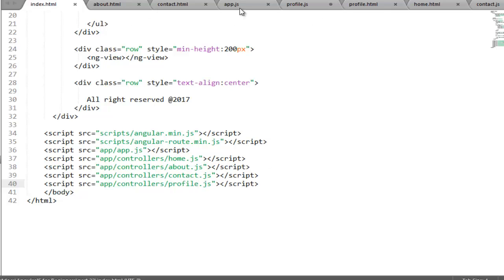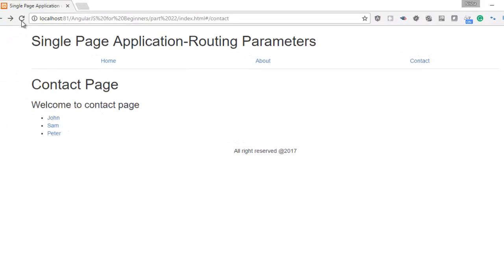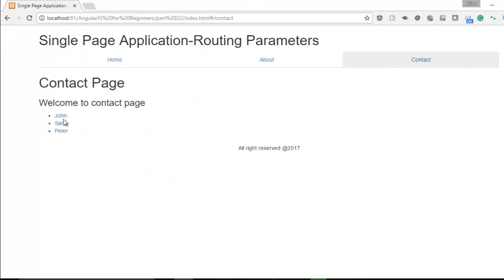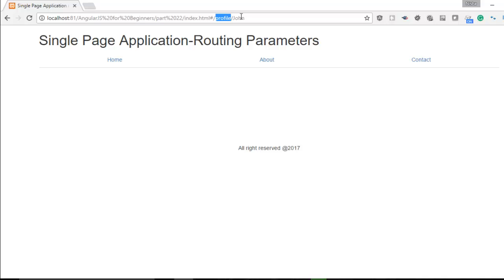So now ideally what will happen is that when the user clicks on this link, it will make a new route request that will go to profile, and it will pass John as a parameter. So now let's first check how it is working. When I click on any of the links, it will make a request to the profile route with the value John, Sam, or Peter passed as a parameter. So when I click on this one, it passes the request to the profile route, passing John as a parameter. But this page is blank, so what I want now is to retrieve the value that you have passed as a parameter.